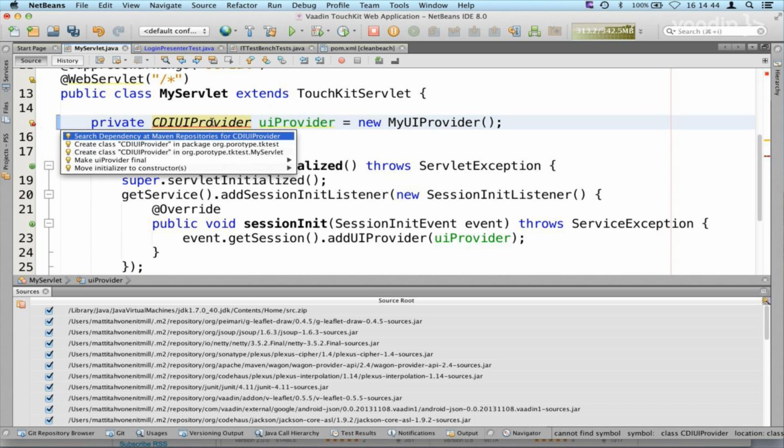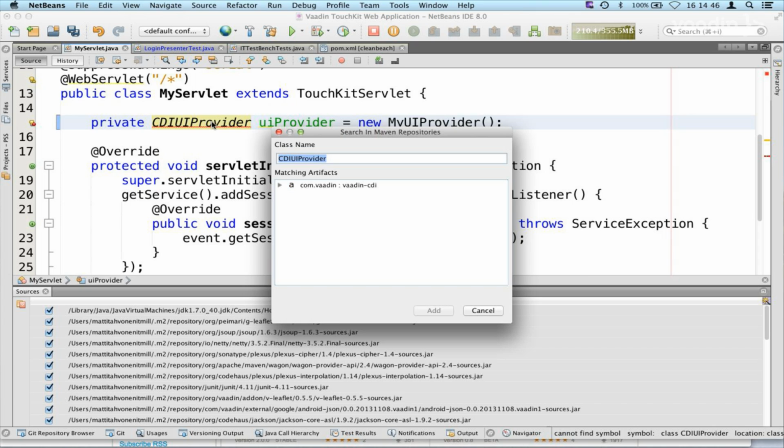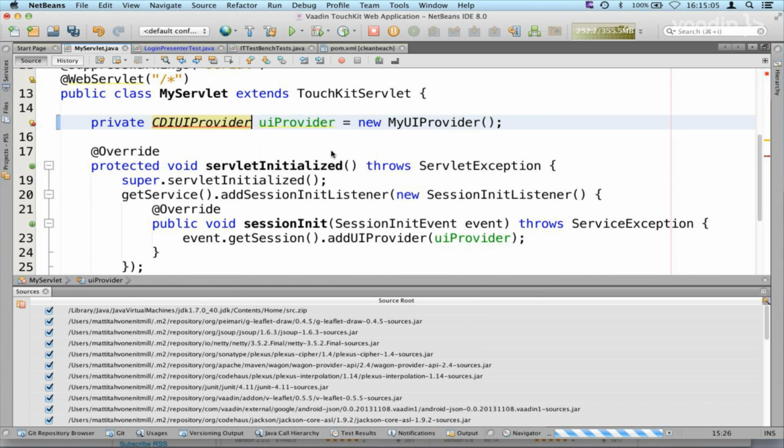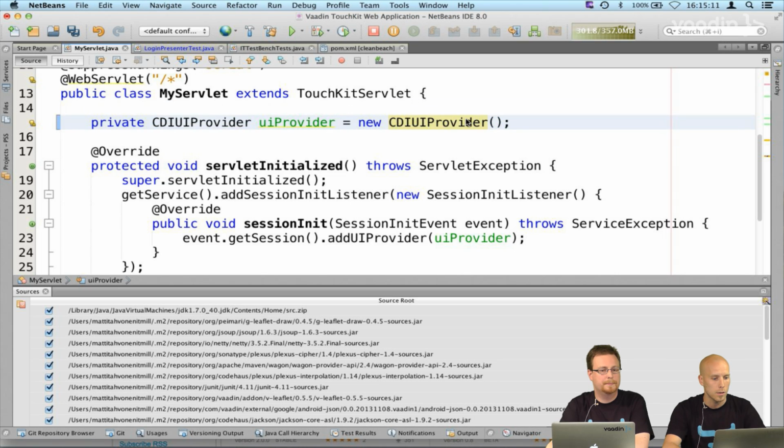So this is the UI provider that's in the Vaadin CDI add-on. There is nowadays an Alpha 2 version of it. Even though this says Alpha version, it actually should be a stable product. You have been using it in production for a long time, at least a year now. So it's a pretty proven piece of software, and we will use that instead as a UI provider.